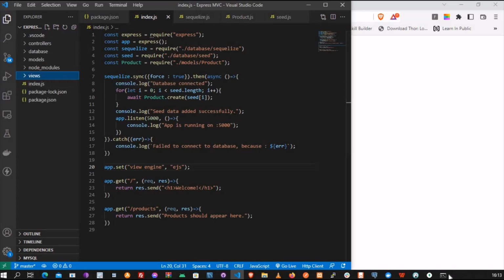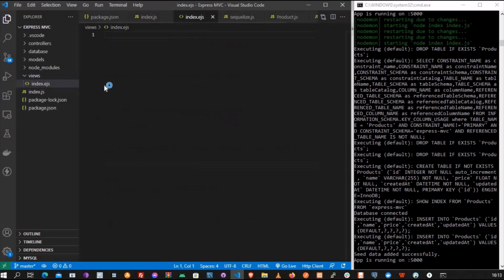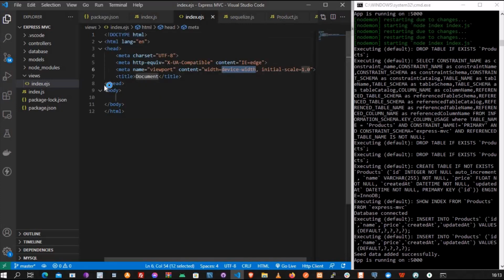Views. Sorry, I like my console to be by my side. Okay, so let's just add a file and name it index.html. Sorry, we are not using HTML now, we are using EJS. So let's just have basic HTML in here, and we're going to call this one Express MVC. Now we're going to say H1, welcome